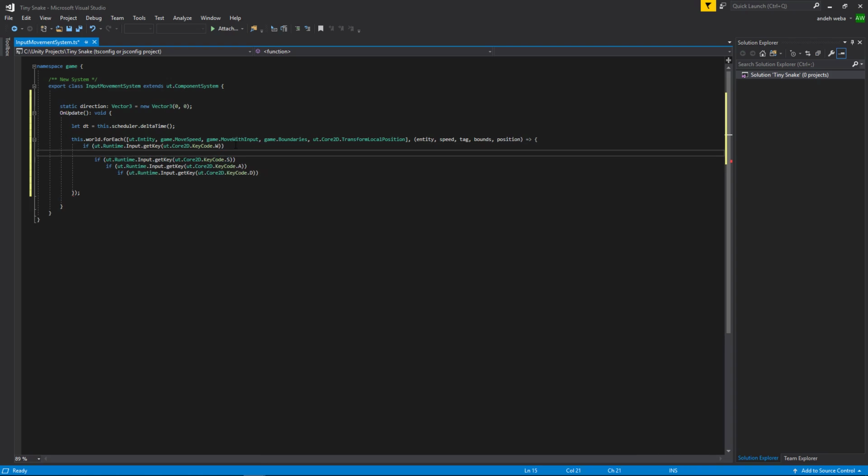Alright, so under the first one, we're going to set our direction to the direction that W would be. So to do that, we need to access this direction, which is static. And you would think that you could just do direction dot, but as you can see, it's not showing up here. If you have something set as static, it's on this system. So you need to access the system to get the variable. And to do that, we'll just do game dot input movement system direction,